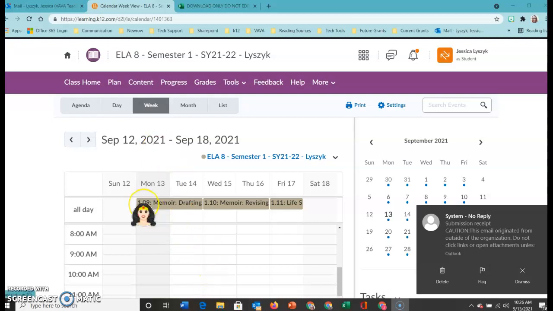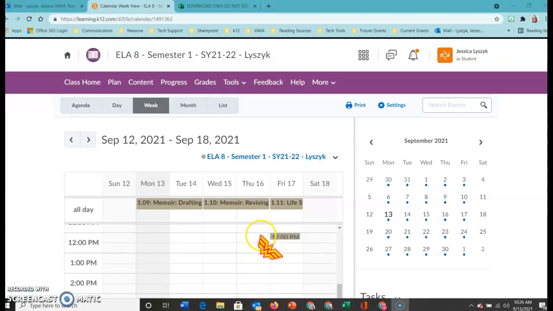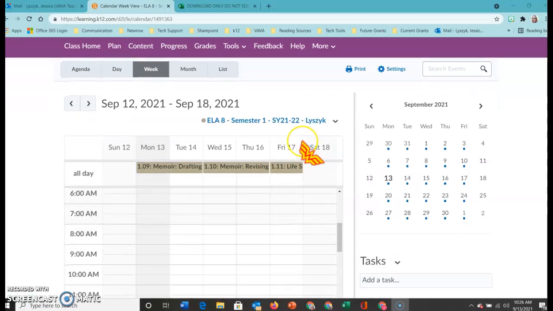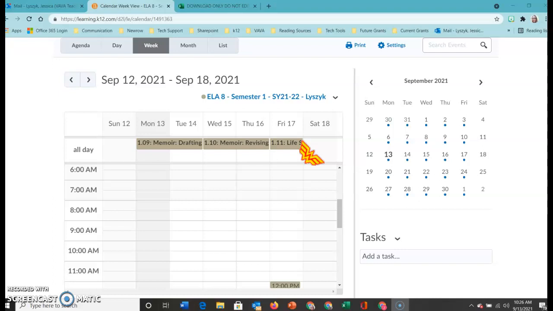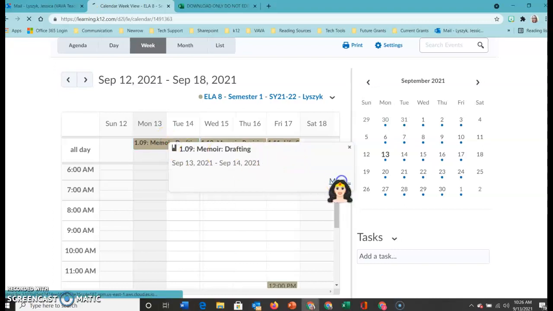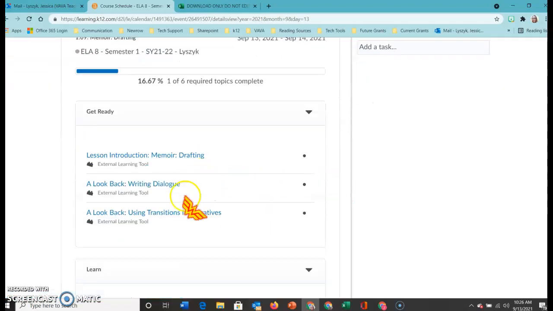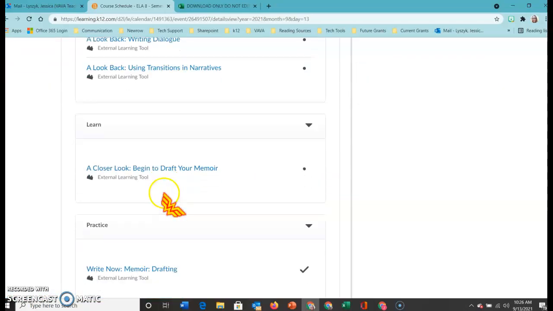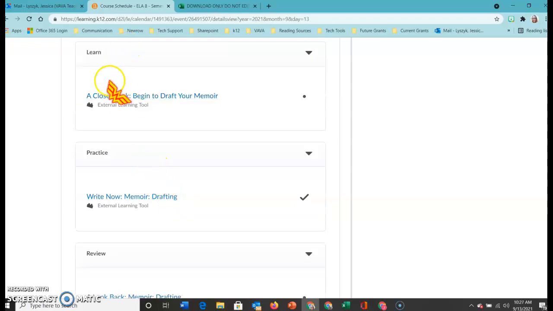Okay, so I'm going to walk you through how to access the essay assignment and then where you're going to submit it. So we have it in two places because really this is supposed to be an activity that goes across several days. So first you're going to go to 109 in your plan and go to more. And that's where it's going to take you to all of the elements of the lesson, some practice, and then